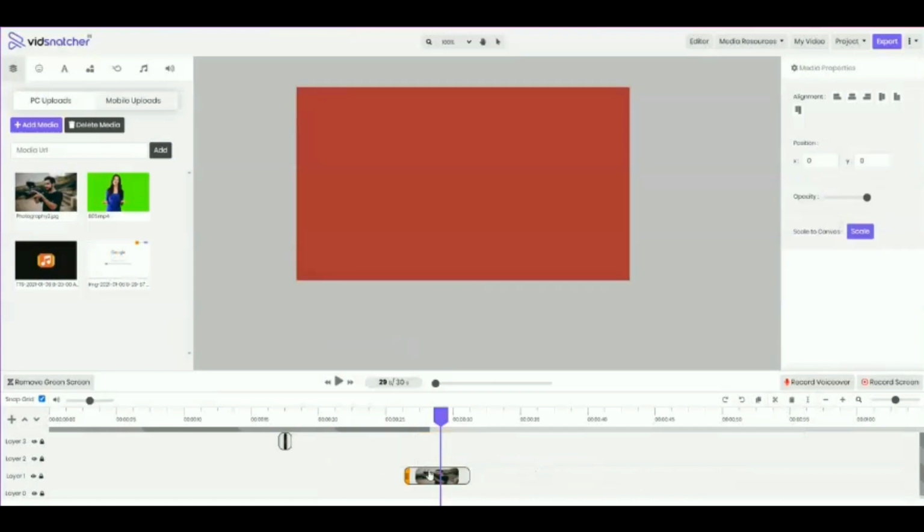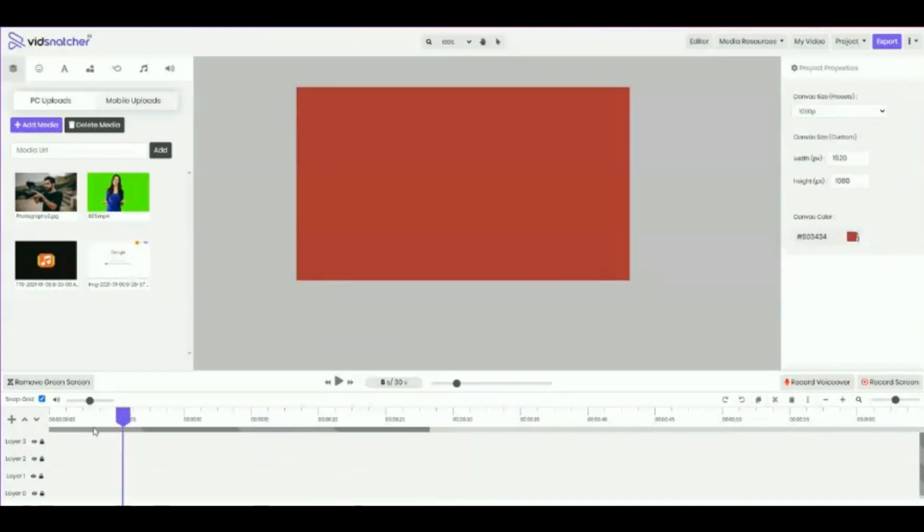Let's just go ahead and delete all this stuff, and let me show you another feature, which is called record voiceover. You can record your voiceover with a single click. Just press the record button and it will start recording. I'm already recording, so it will interfere with this record voiceover feature, so I won't be doing that,